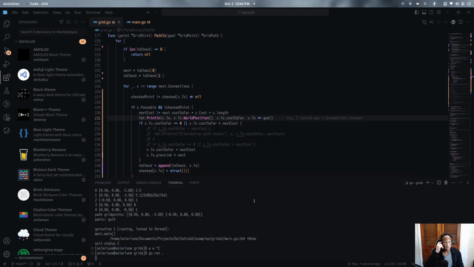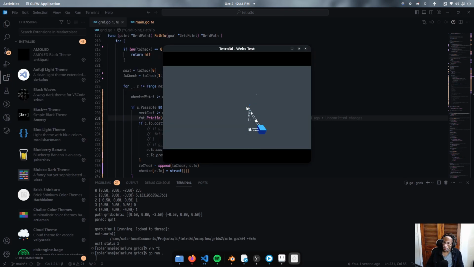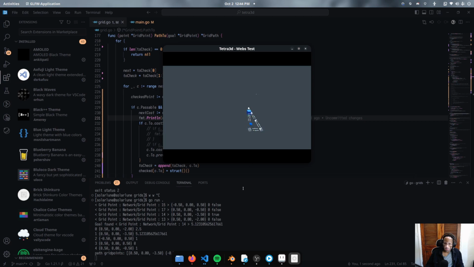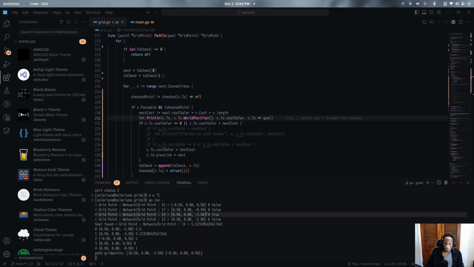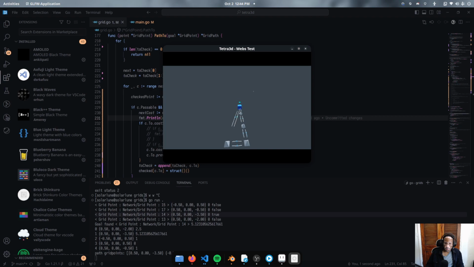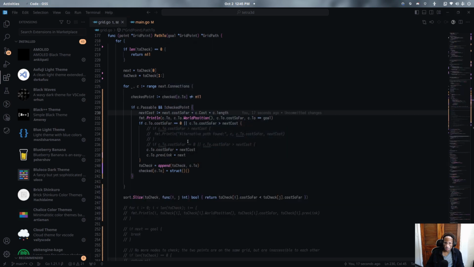I'm so like almost there. I'm like, what am I missing? So the problem I feel like is that, oh, that's why, because we're only checking the point once. So we only want to check the point